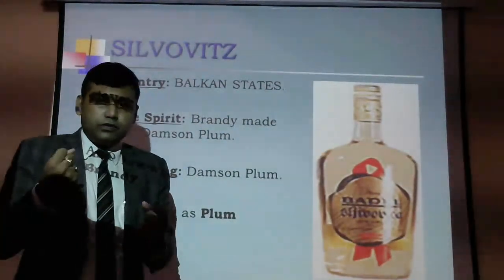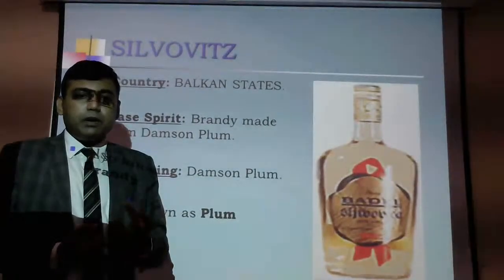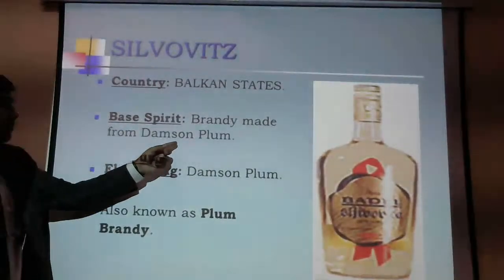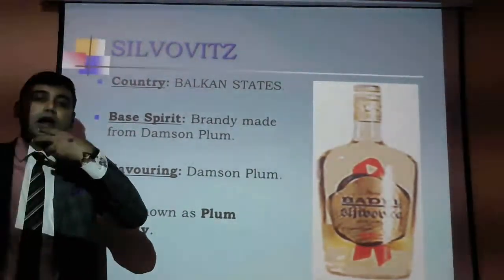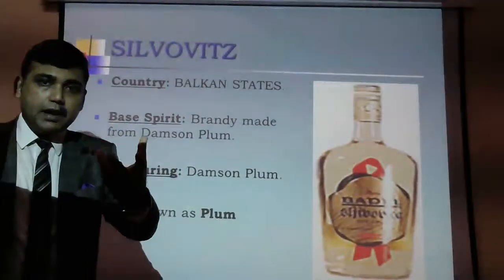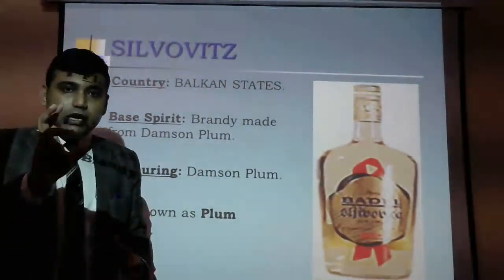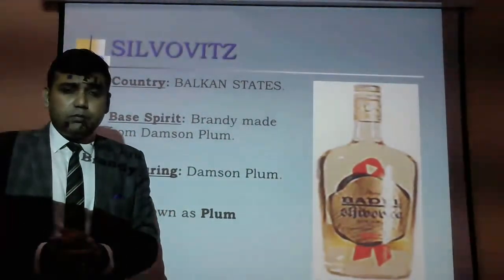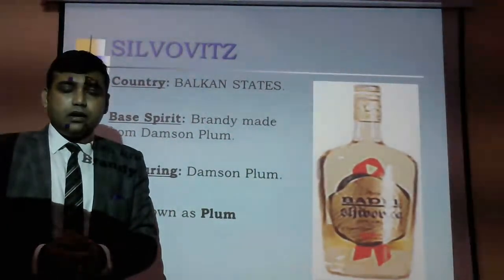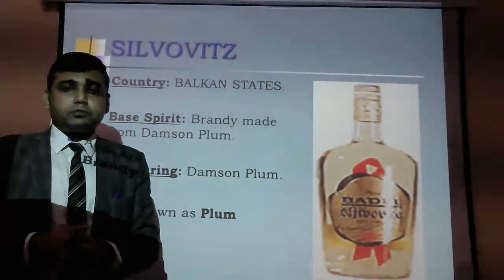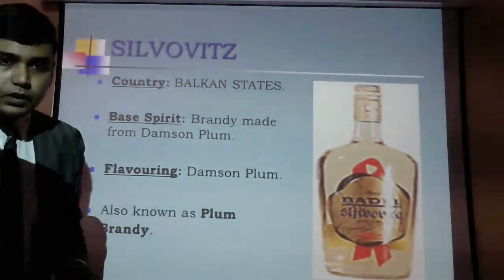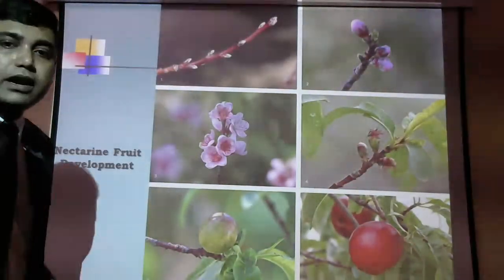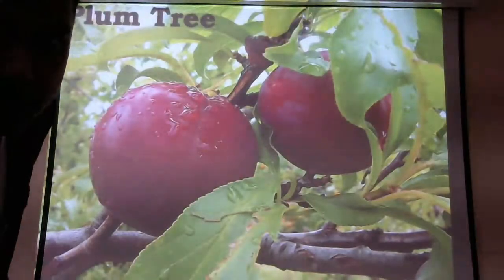It's a fruit brandy made from plum, a specific type of plum called damson. Damson plums are over-ripened plums. I will show you how it is. Normally you have seen plums are purple in color, but it turns darker. Okay, so I will show you how this Slivovitz is served. This is how the plum is red in color, and it turns into purple. So these are the plums.